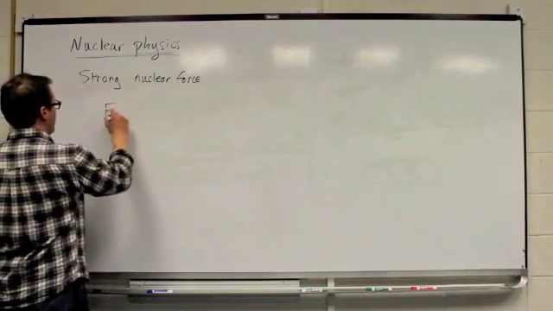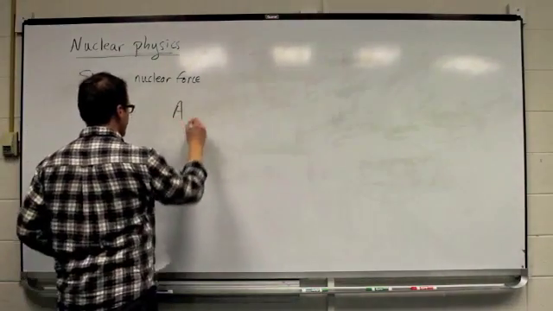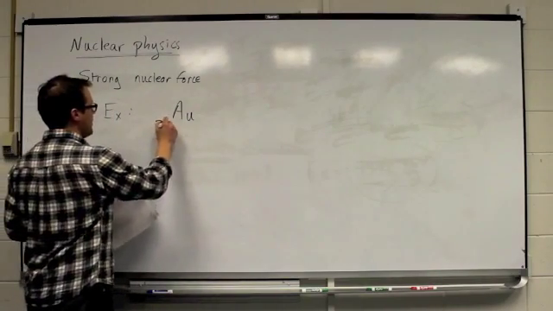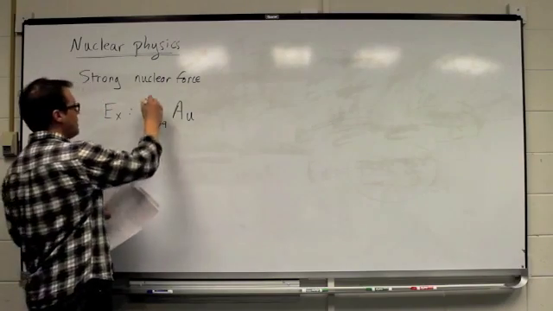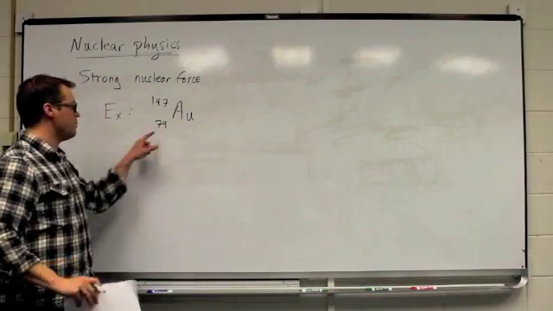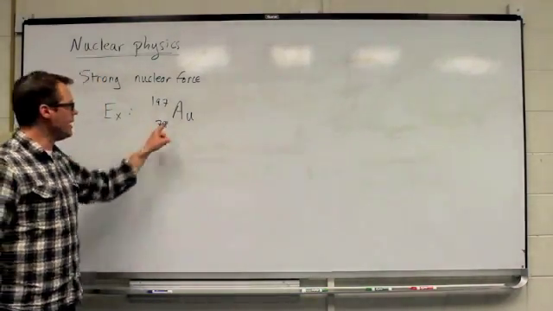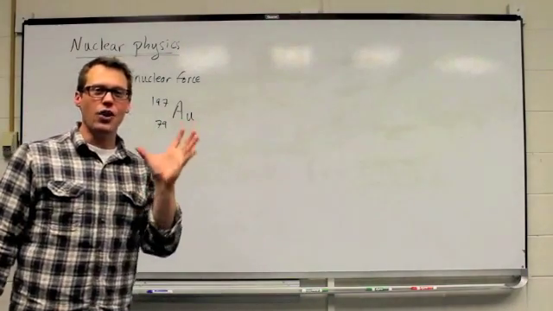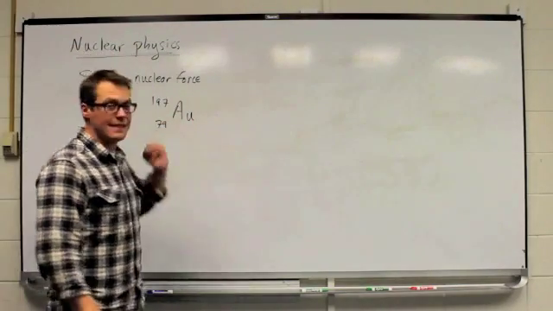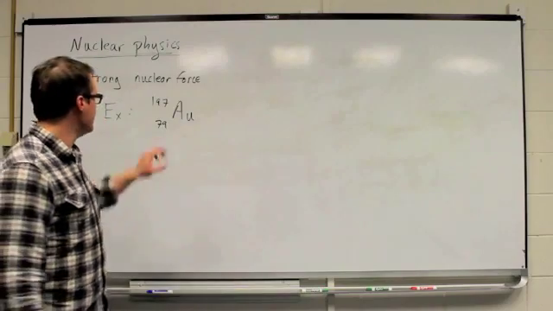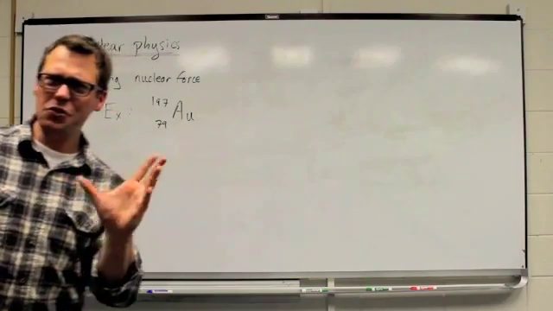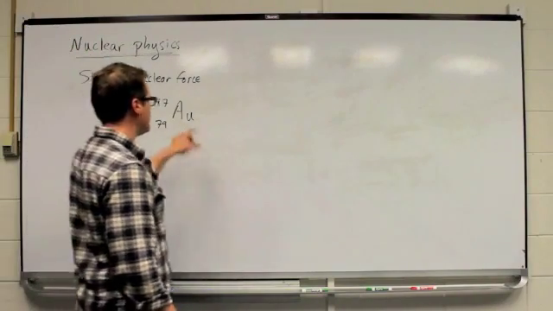As an example, a typical gold nucleus, Au, has an atomic number of 79, so 79 protons, but an atomic mass number of 197. So the number of neutrons is actually 118 compared to only 79 protons. Right? So in gold, those extra neutrons are essentially serving as strong nuclear glue that helps keep the whole atom together and stable. If you were to take away some of those neutrons and make, say, gold-195, then there's going to be a little bit too much repulsive force,